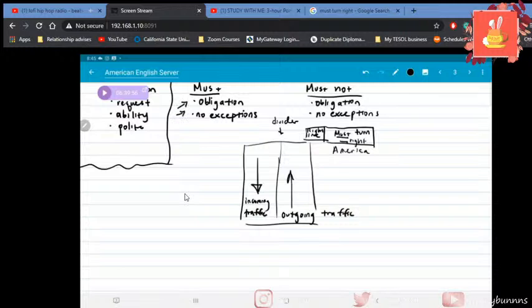No exceptions. If you're on the right lane and you must turn right, you have to, or else you will get in trouble. You will hold traffic. You will cause an accident, etc. So that's why this is more of a mandatory